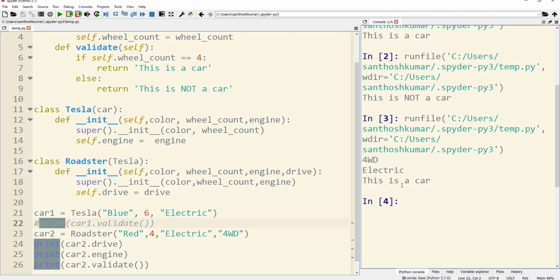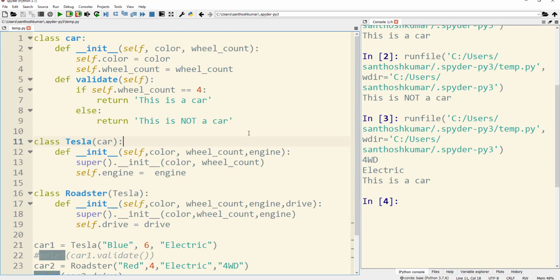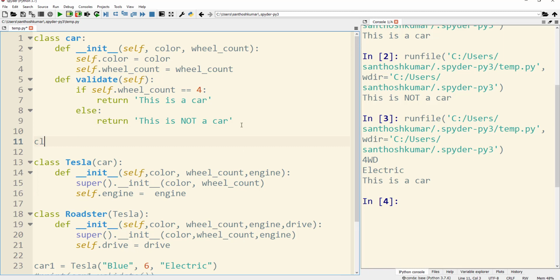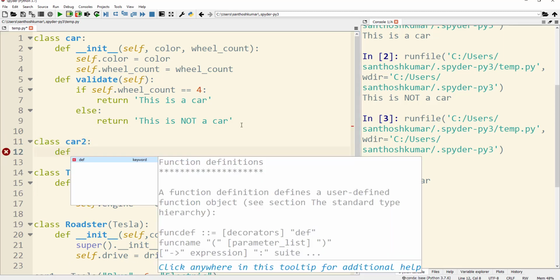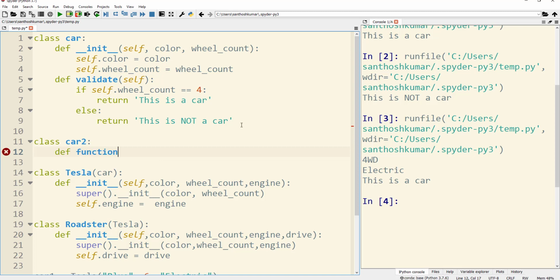Next, we can check multiple inheritance. In order to demonstrate that, I am creating another class called car2. This is going to be the second parent class. As you know, multiple inheritance occurs when one child class inherits from more than one parent class.